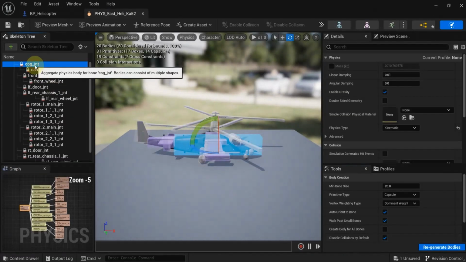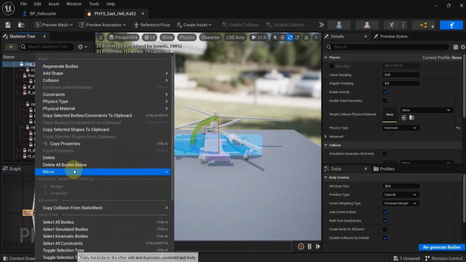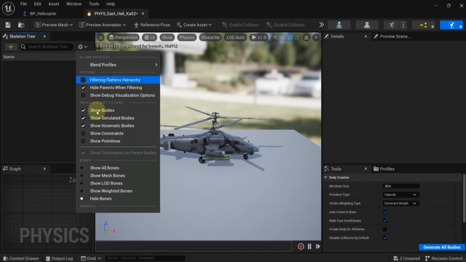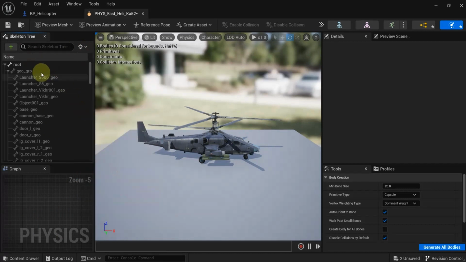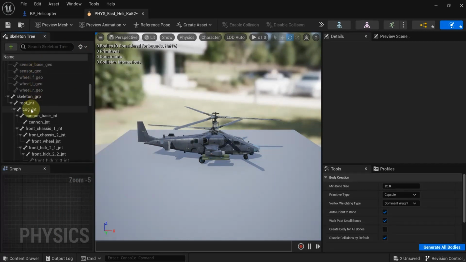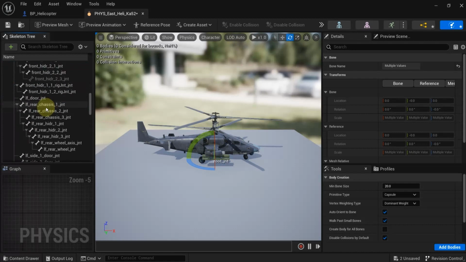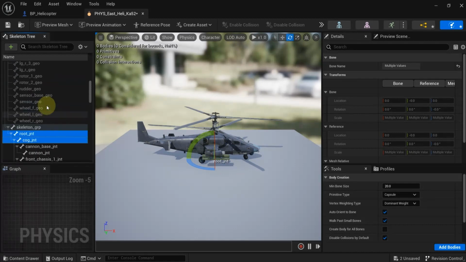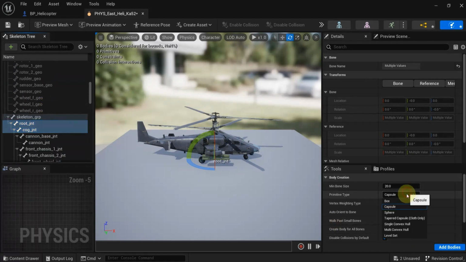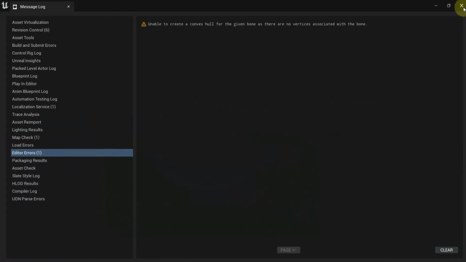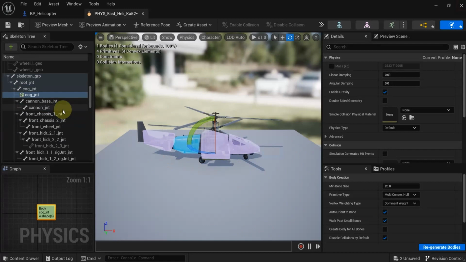Now for the physics asset, we need to delete all the bodies and remake the bodies for the root bone and the wheels. The root bone here is cog joints. I'll firstly make it with multi-convex hull, then search for the wheels,